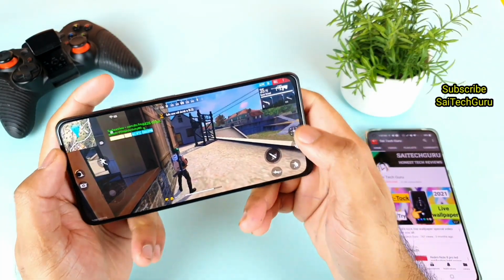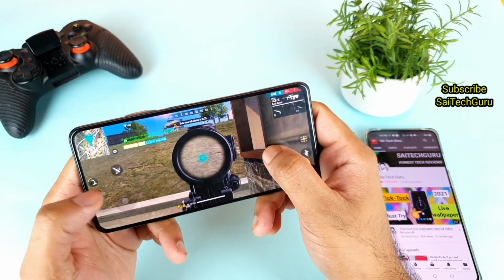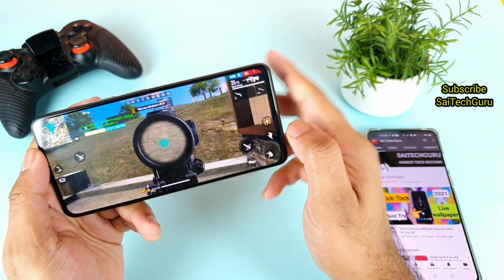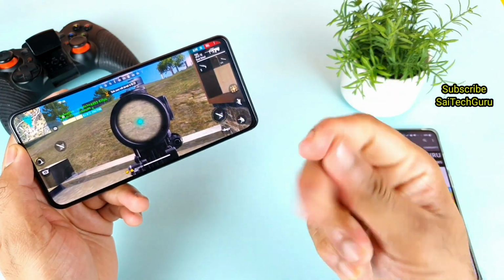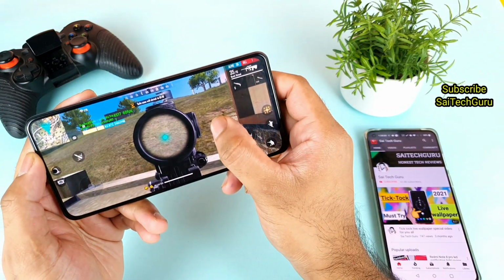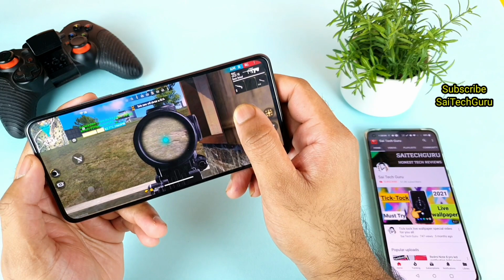So there's some kind of lag going on, friends, when you're using the scope and trying to move slowly. Let me try to move slowly. I'm trying to move slowly, friends, as you can see here. It's not reacting faster. There's nothing wrong with my fingers, in terms of oil or anything. So there's nothing wrong, but still I was unable to move properly, as you can see.